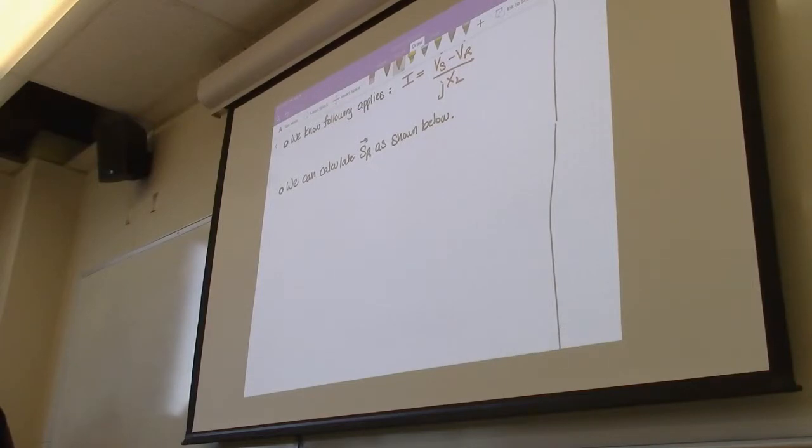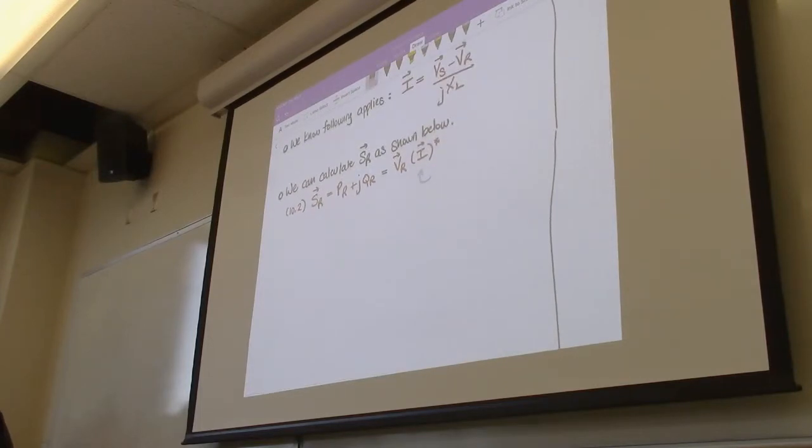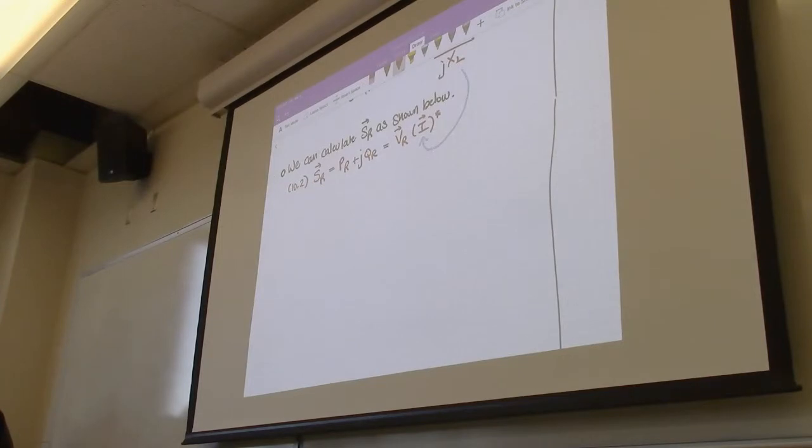So this is equation 10.2 from the book. We know that SR will be equal to PR plus j times QR. That's the scalar. And we know furthermore that that's going to be the same as VR times the conjugate of I. And we know furthermore that I is, right, we can use this right here and plug it in as I. And so what we end up with, after doing a couple of those substitutions, is